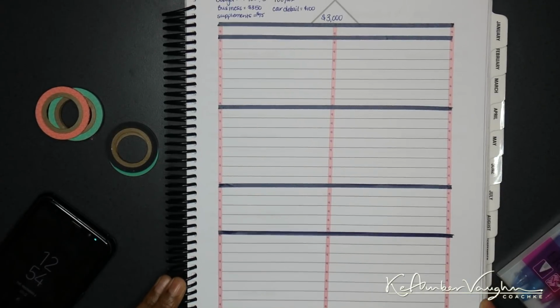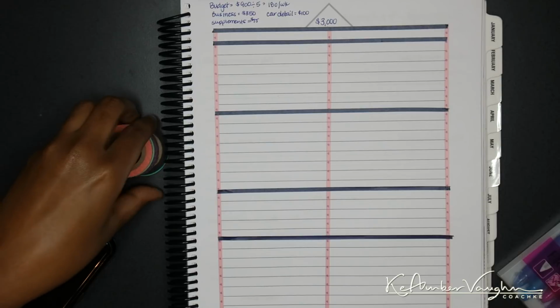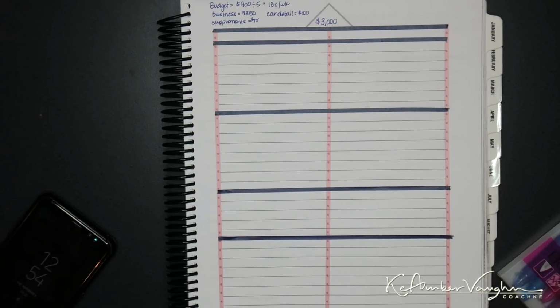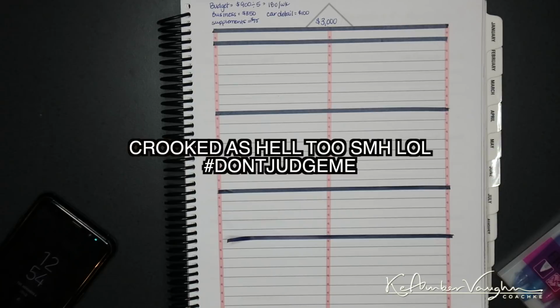All right, so we are done with the washi. And I went ahead and did that off camera because let me tell y'all something. I already let y'all see me struggle with the freaking stickers, okay? Y'all not finna watch me struggle with washi too? I'm not gonna let y'all do it. So, actually, I'm not completely done with the washi yet. Look at that. You see this? You see this? Look, I'm not,